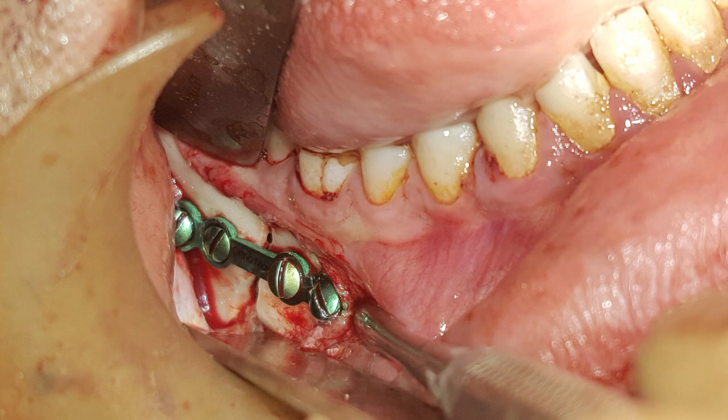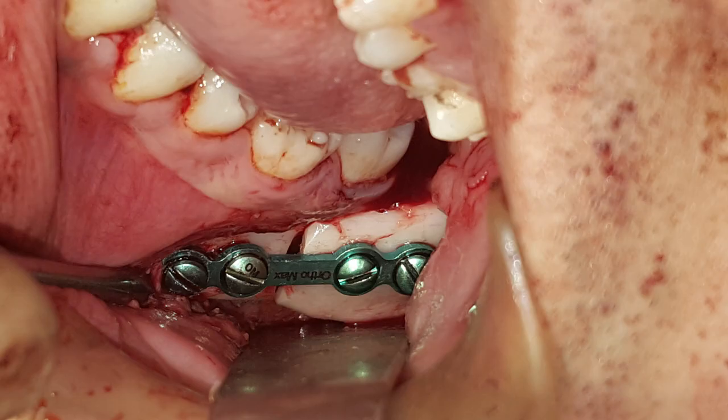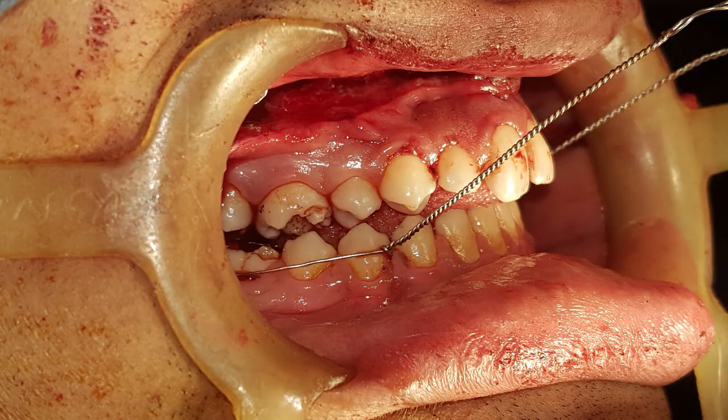This is the fixation on one side. Basically, on the superior border, you need at least 2 screws on each side, following the basic principles. The same kind of fixation can be done on the other side. Some people prefer to use 3-dimensional plates here, but the point is, when you're using a 3-dimensional plate, the lower screws become very difficult to screw in. So, if your occlusion is stable and the fixation is good, you can maintain it with 2 screws on each side also. However, if you use a 3-dimensional fixation, it's your choice.